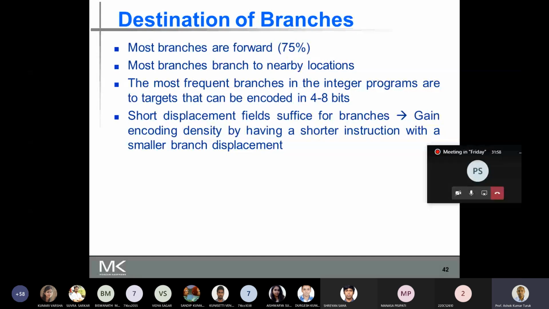We say you are gaining encoding density. That means the number of bits required to encode an instruction is less. And when you compile a program, it also takes fewer bits in memory. So we call it better code density.